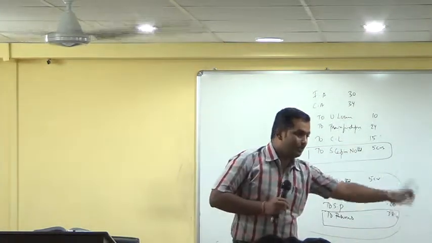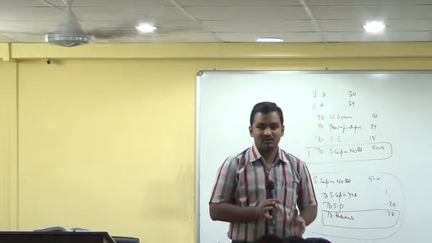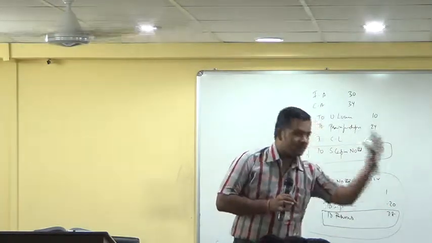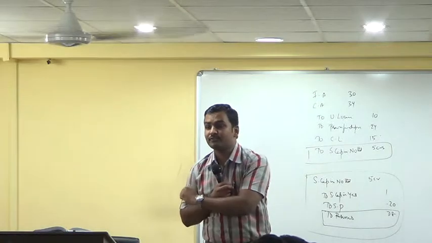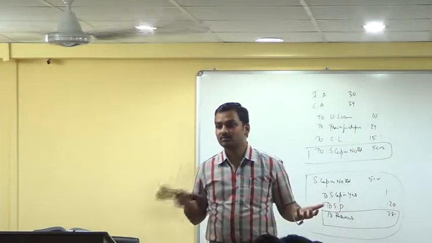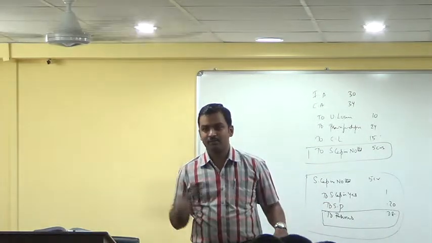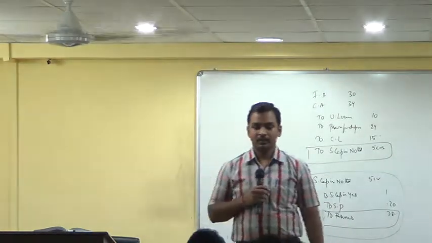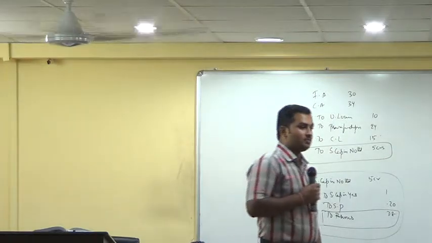Stock was sold by V. Profit recognized by V. Stock is there with P. Now profits of V Limited have become profits of P Limited. Now profits and stock. So what should I do now? I have to remove stock, remove profit. Write down entry. P&L account Dr., stock account.